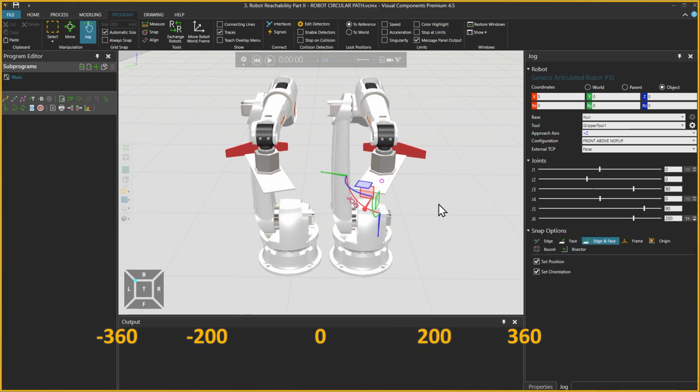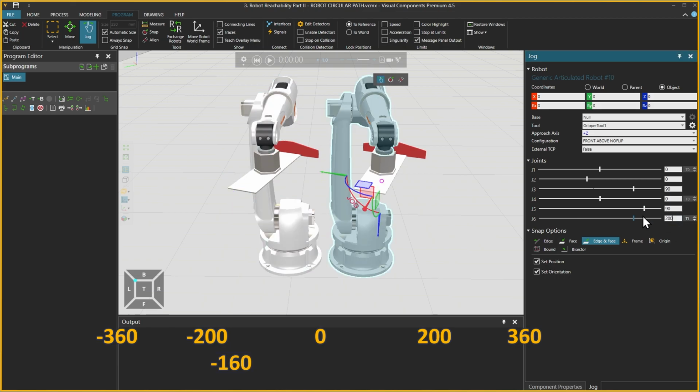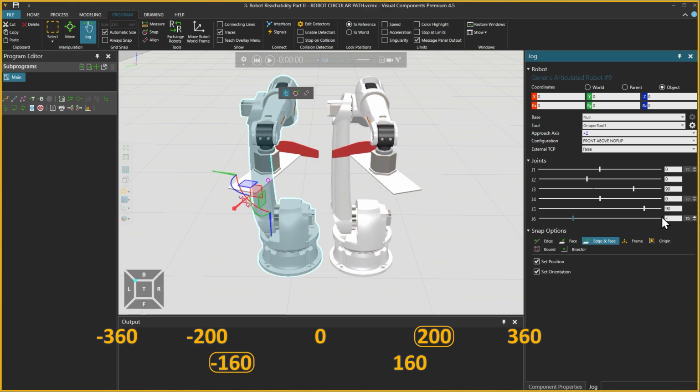robot on the right would create an opposite turn, whereas going +200 degrees from -360 degrees using the robot on the left would result in a turn of -160 degrees, which is a similar turn to +200 degrees from 0 for the robot on the right, or vice versa. -200 degrees from +360 degrees using the robot on the right would result in a +160 degree turn, which is a similar turn to -200 degrees from 0 for the robot on the left.